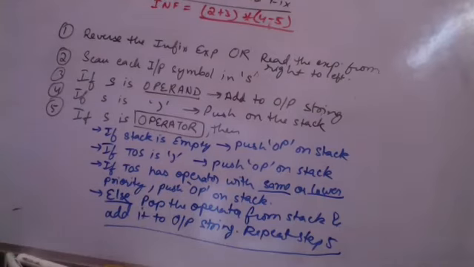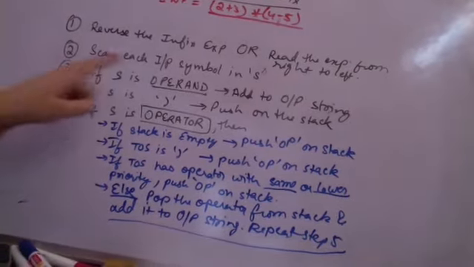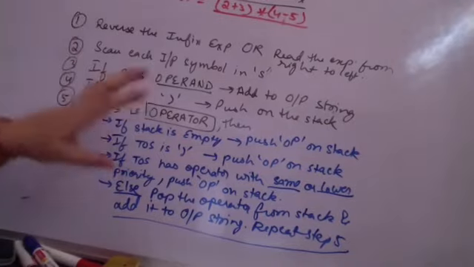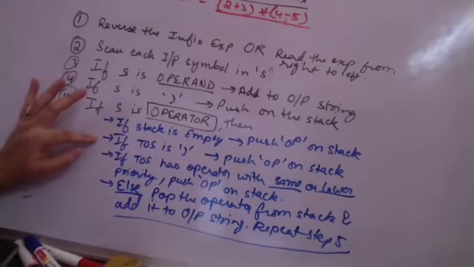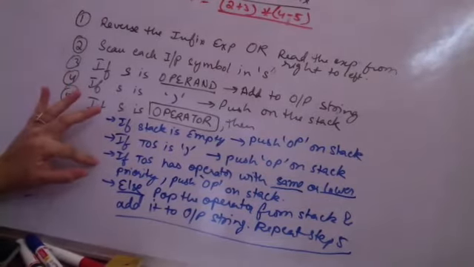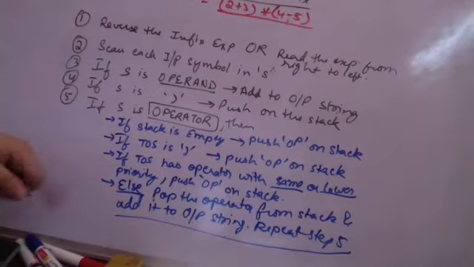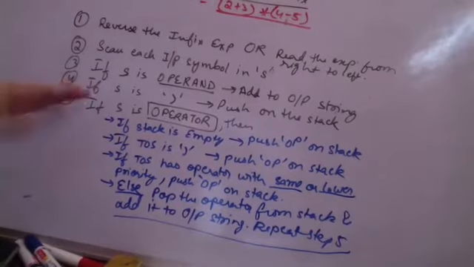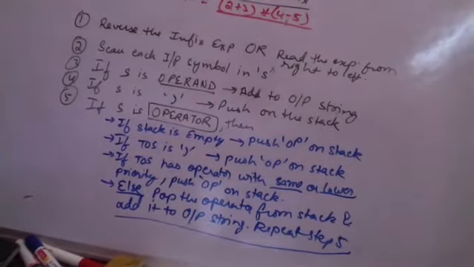Fine? Till here, is it clear? I will obviously show you the running. Operand, add to the string. You have a closing parenthesis, push it on the stack. If it is an operator and the stack is empty, or it has a closing parenthesis, or there is an operator with same or lower priority, push on the stack. Otherwise, repeatedly pop the operators from the stack, the same thing written here, till the stack goes empty, or you see a closing parenthesis, or an operator with same or lower priority, and then push it onto the stack. Right?